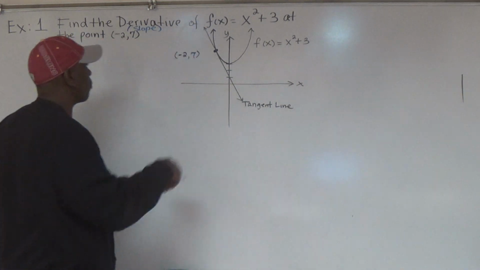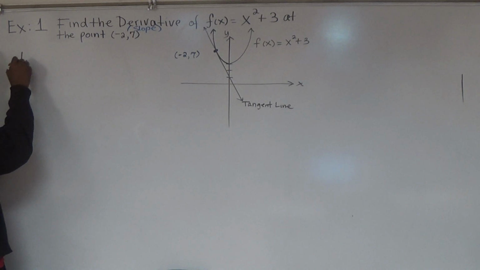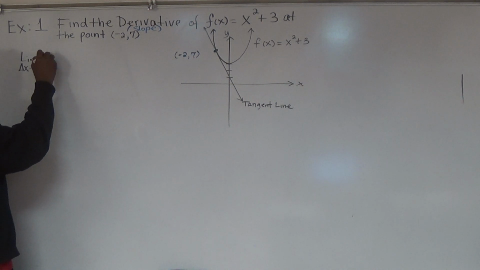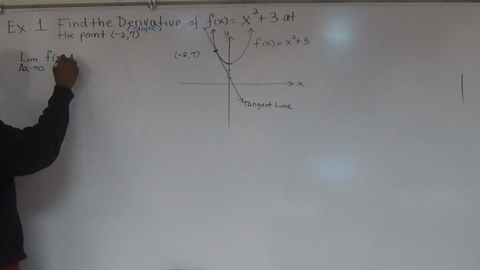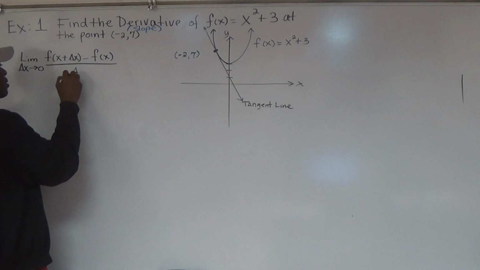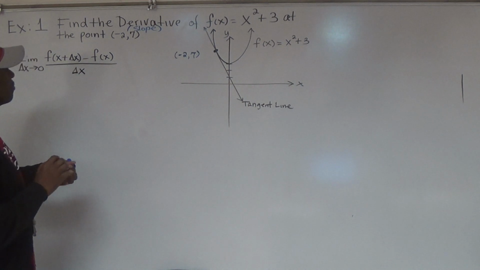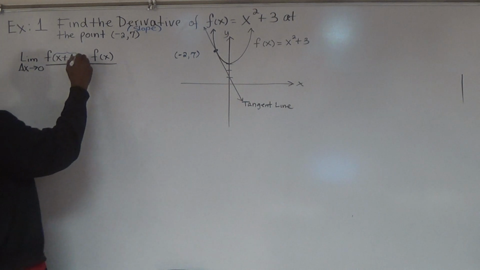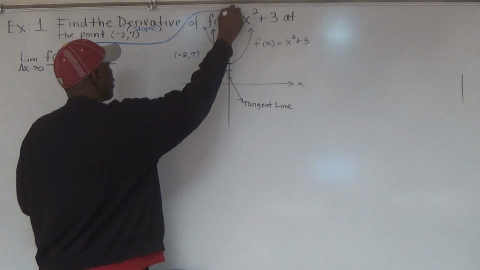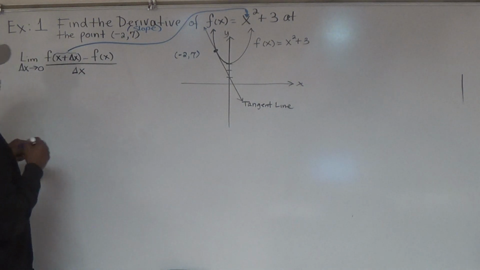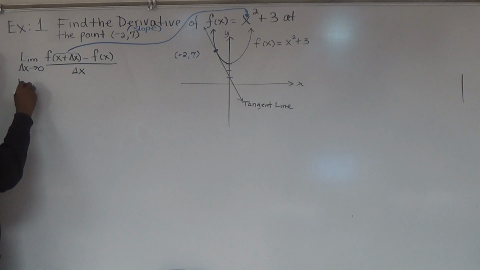Let's go get it. Here we go. Limit as delta x gets very small, approaches 0, of f of x plus delta x minus f of x, all divided by delta x. Once again, you must take this x plus delta x and substitute it in for x right here. So that's going to give us the limit as delta x gets smaller of